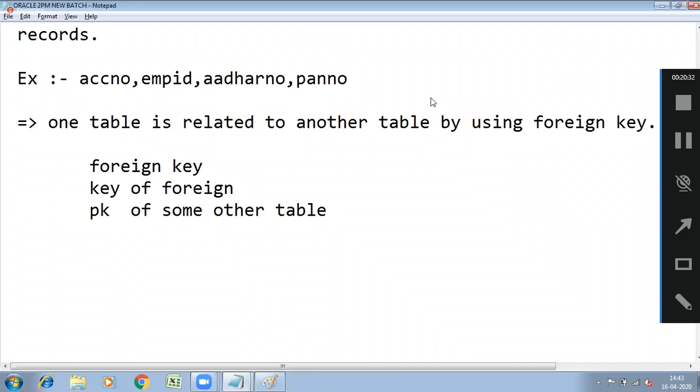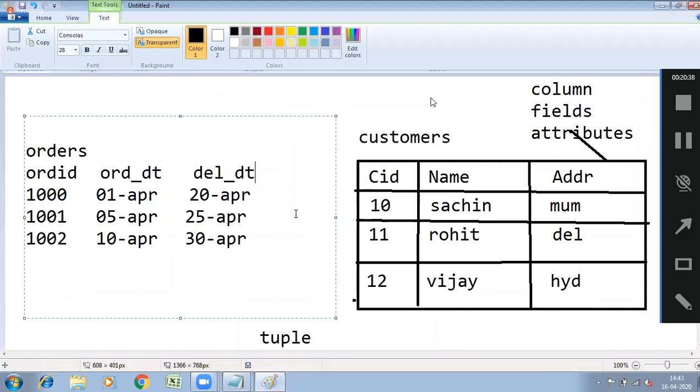Now, if you want to establish a relationship between two tables, take the primary key of one table and add that primary key to another table. In the customer table, the primary key is customer ID.